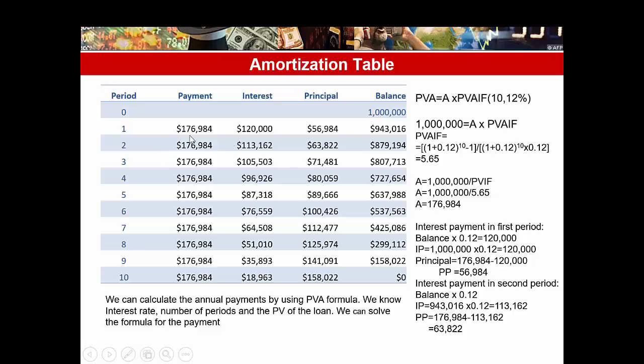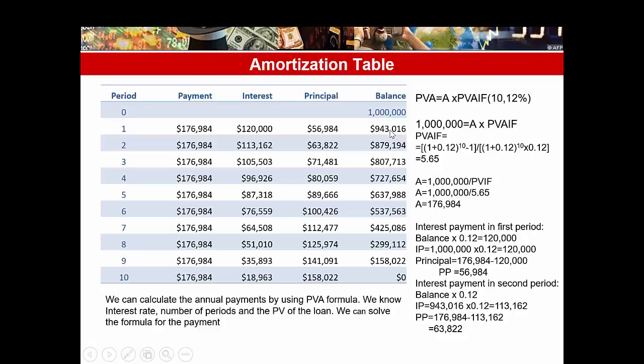This table shows all of these calculations. So again, the starting balance is $1 million. Each payment is composed of $176,984. In the first payment, $120,000 is the interest payment. Principal is the difference between payment and interest, which is equal to $56,984. Once we make this principal payment, the loan balance at the end of the first year declines to